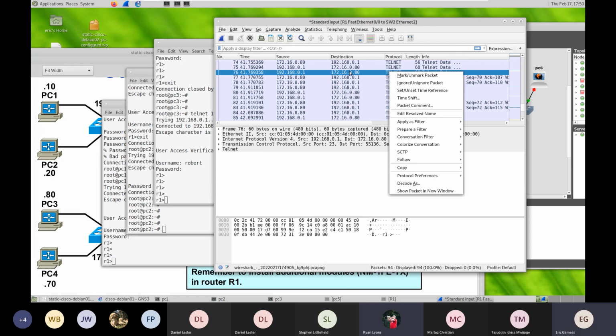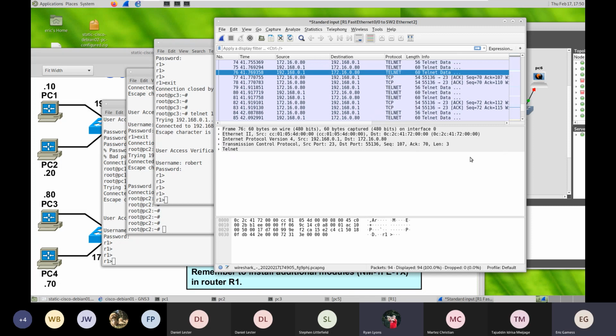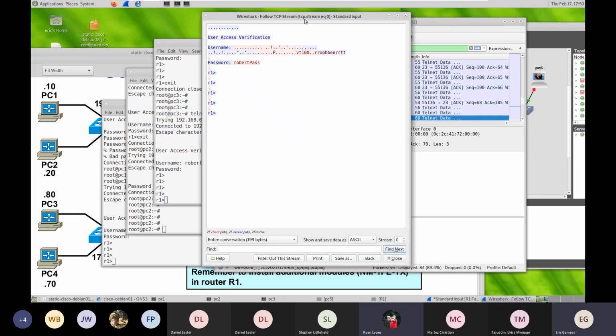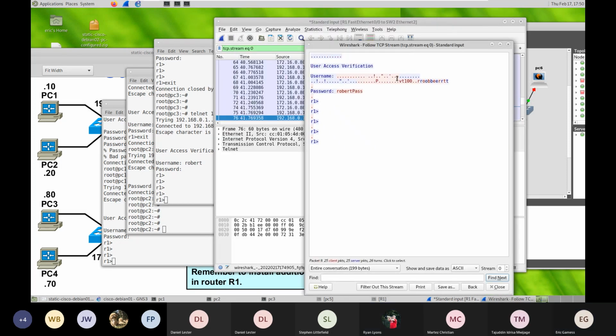You go over a TCP packet, and there is an option that is called follow TCP stream. And it will show you the conversation at a higher level. So this is the conversation at a higher level. So look,